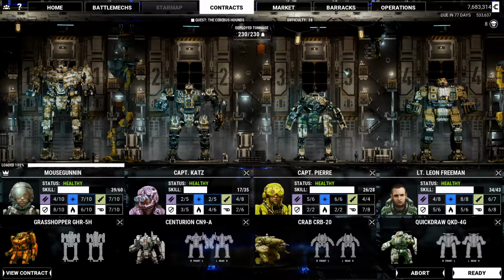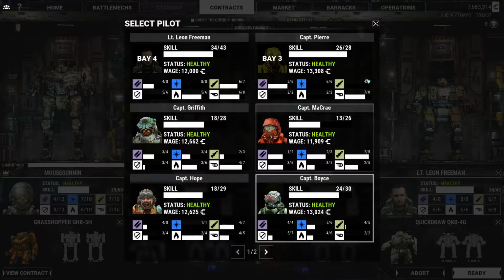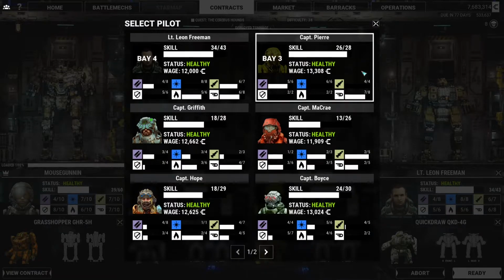But Pierre and Freeman have kind of already gotten their experience. Pierre's almost maxed out. Really, he just has this to level up, and I don't know how close he is to doing that. And he's getting there. Otherwise, he's close to leveling out his ballistic weapon skill. Then he would be maxed out, but...